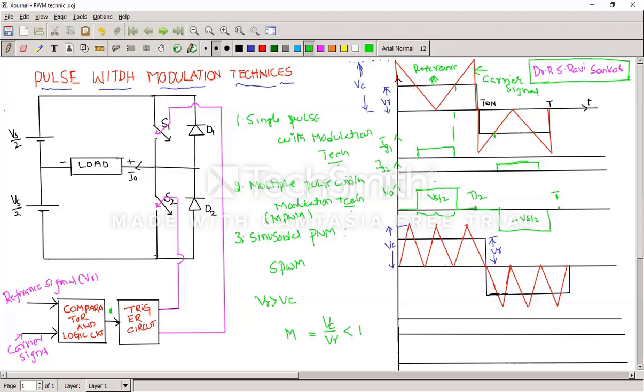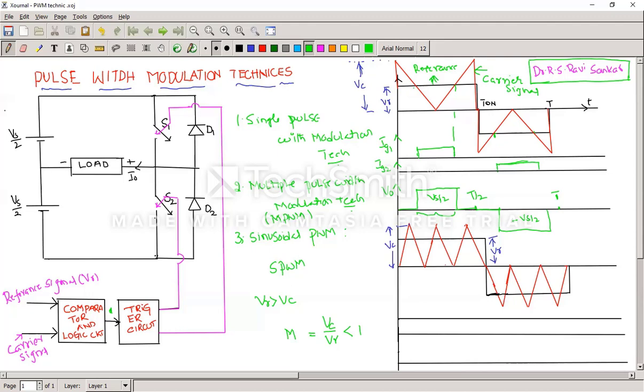this time period T by 4. Suppose if you take this 90 degrees, it's also symmetrical about 90 degrees. So it consists of some amount of harmonics along with the fundamental. Suppose for getting less voltage, I have to decrease this width. When you are decreasing this width, the fundamental component is almost equal to the low frequency harmonic magnitudes.